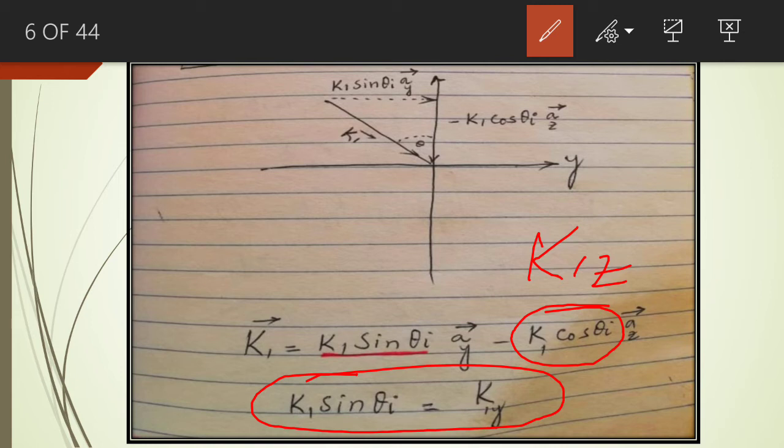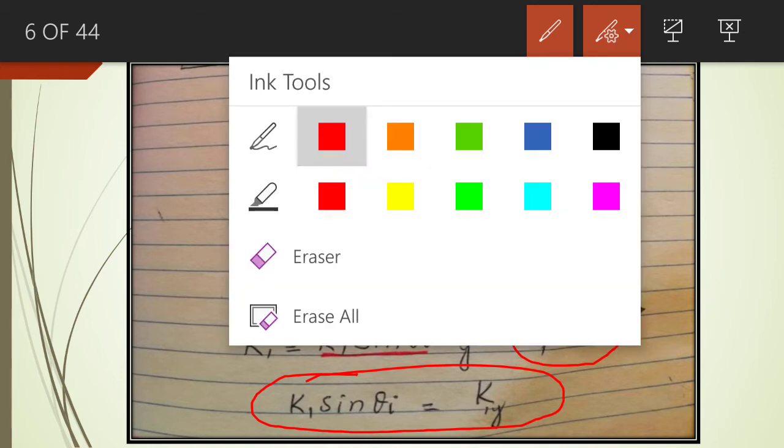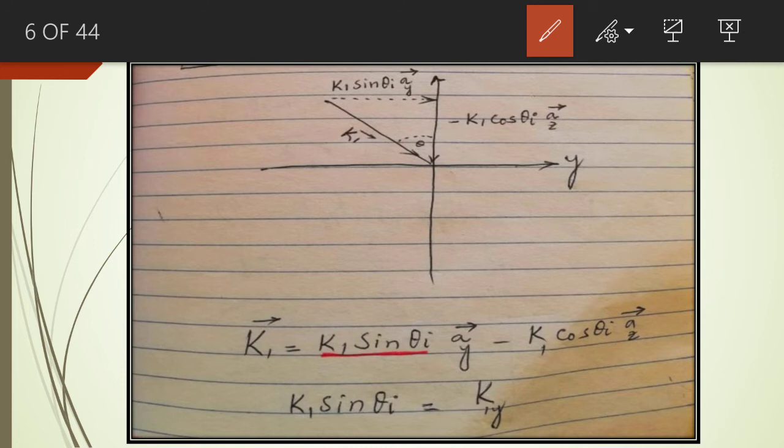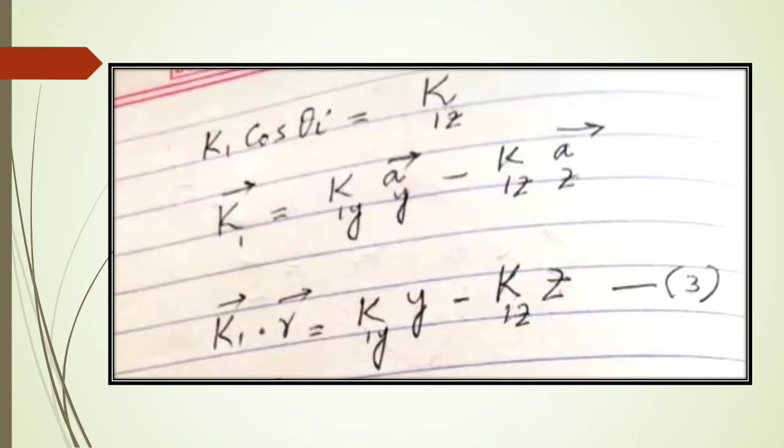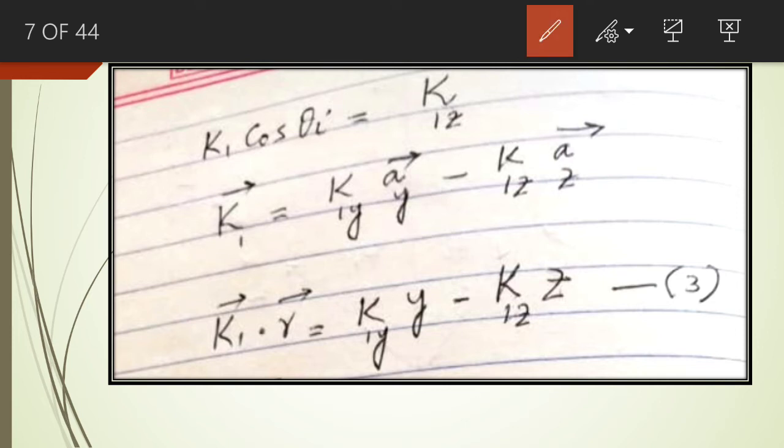So if we replace K1 sine theta I by K1y and K1 cos theta I by K1z, K1 will be equal to